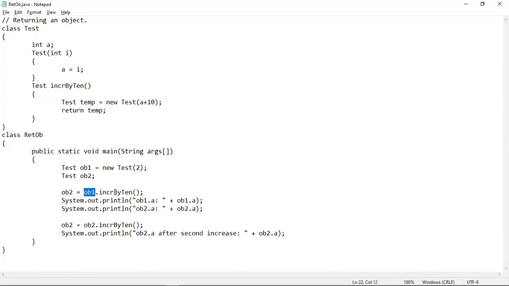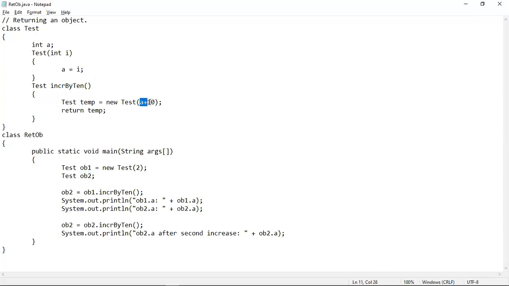That means the incrementBy10 method already has the value of a, which is 2, passed to it by ob1, because this method has been called using ob1.